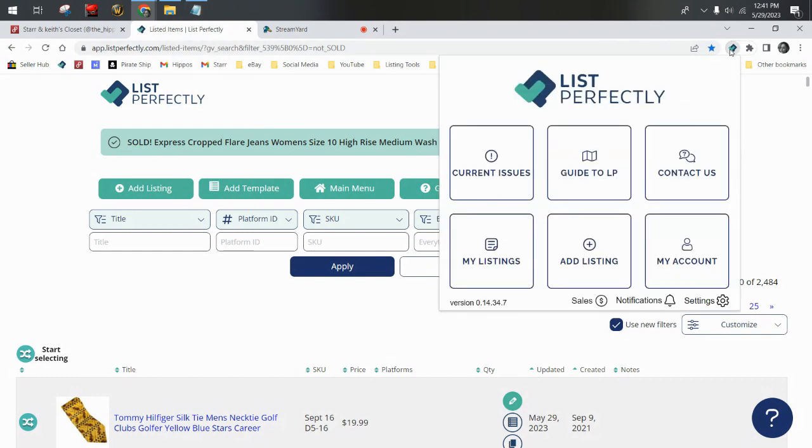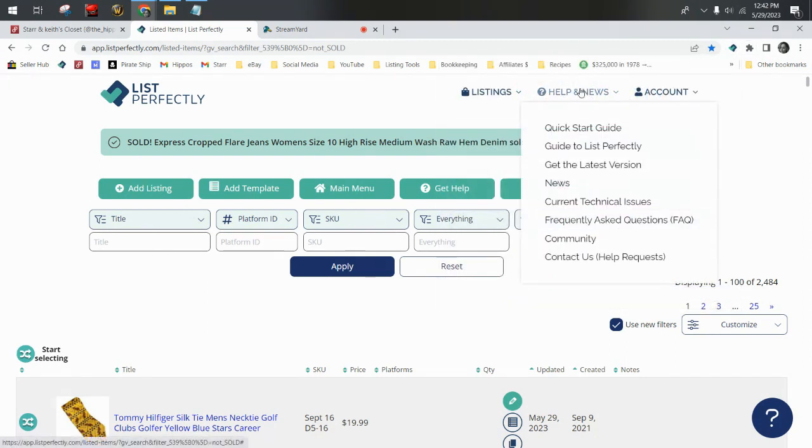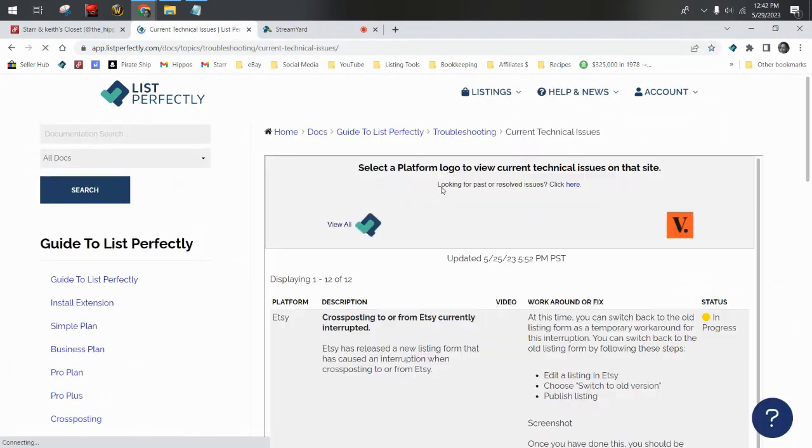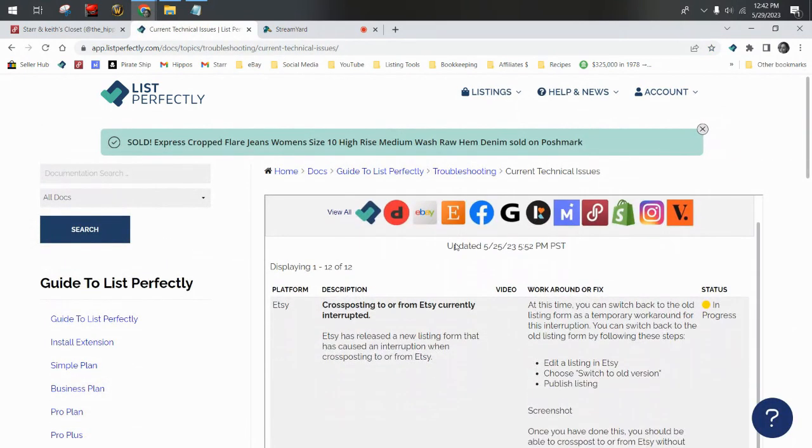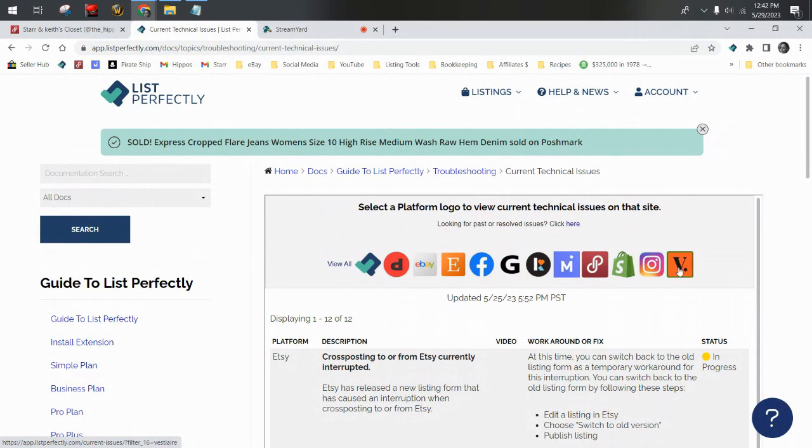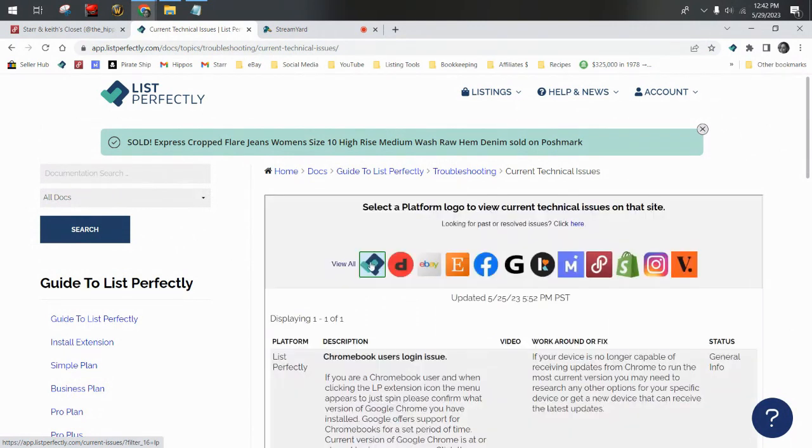issues, because maybe what you're experiencing has already been reported to the team and there may already be a fix for it. So you can go to your icon on your browser and click that to go to current issues, or from Help and News down to current technical issues. When you go to this page, you can sort by platform specific or just List Perfectly specific to quickly look